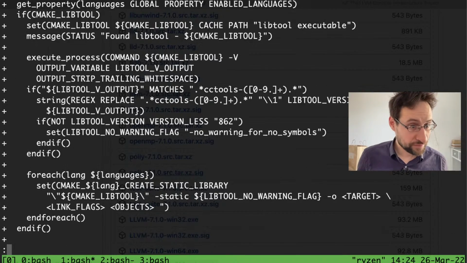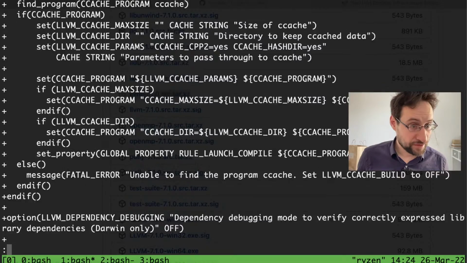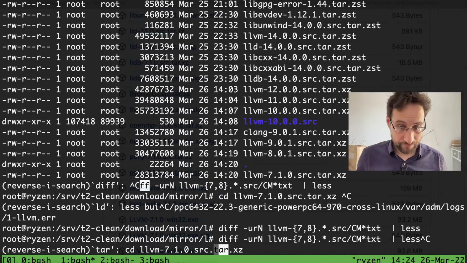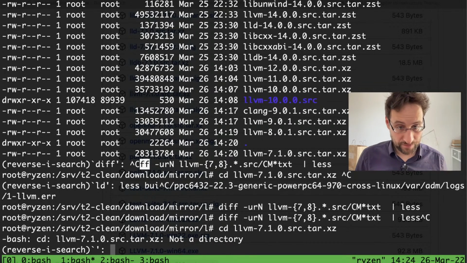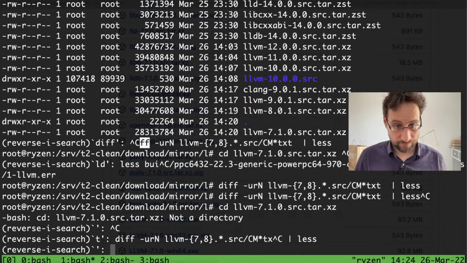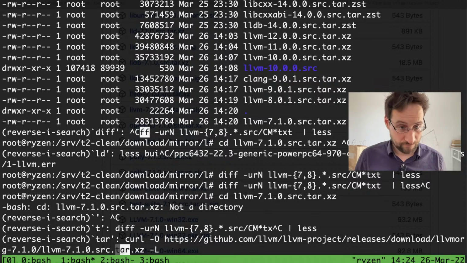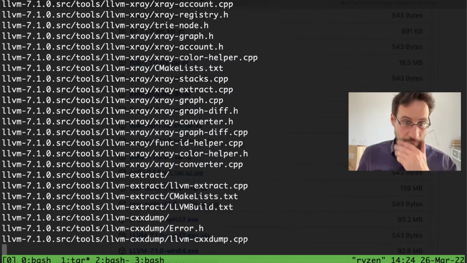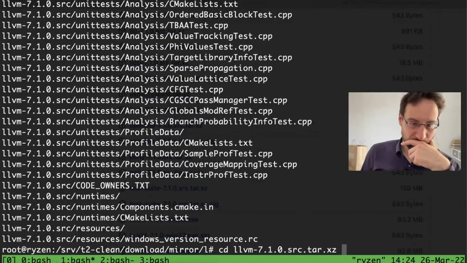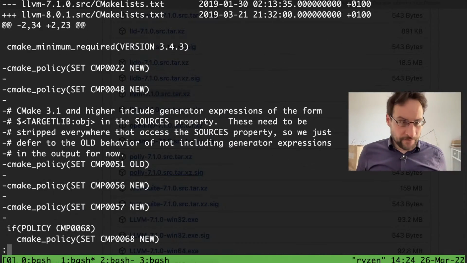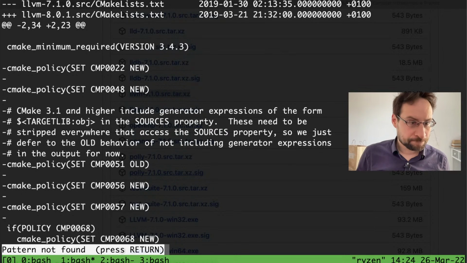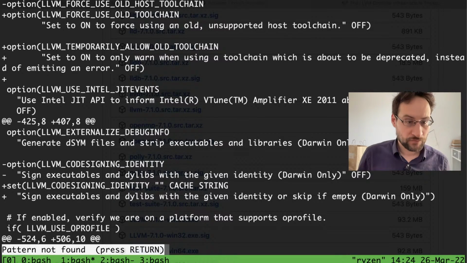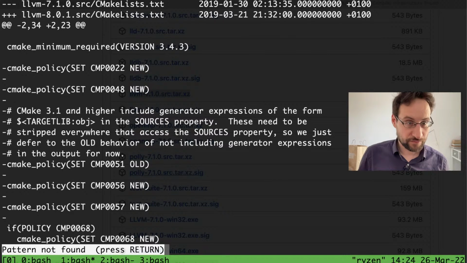Oh, wait a second, don't tell me. We looked at that wrong. We diffed on an existing file, how professional. So it takes us back, it's still in LLVM 7.